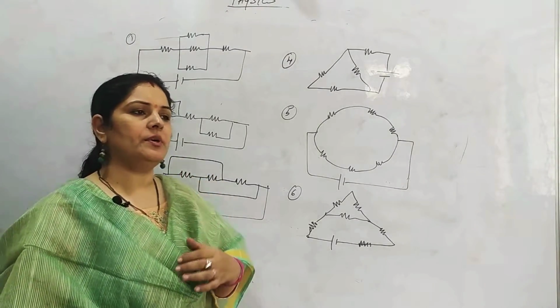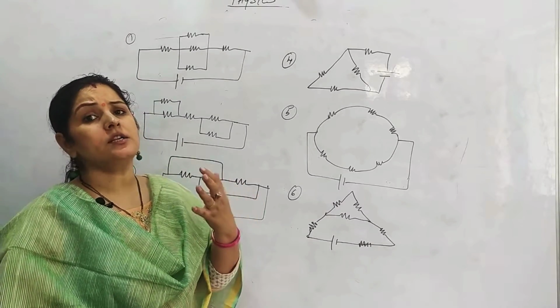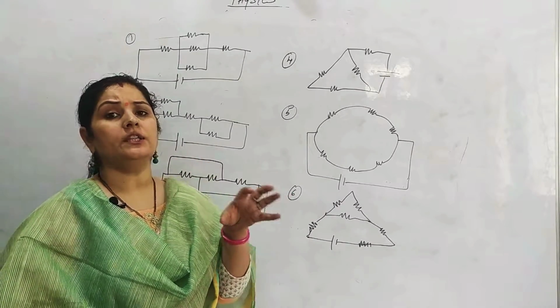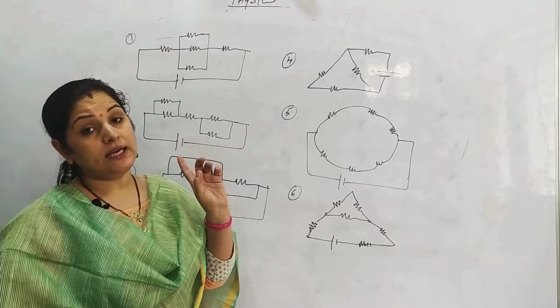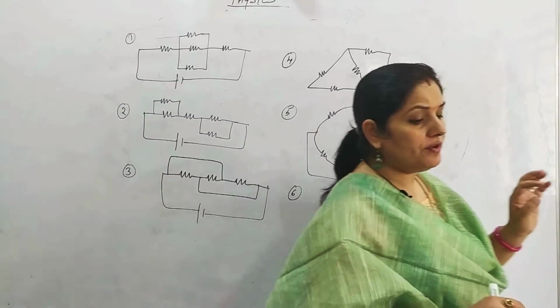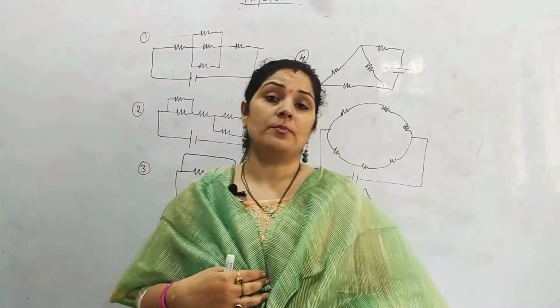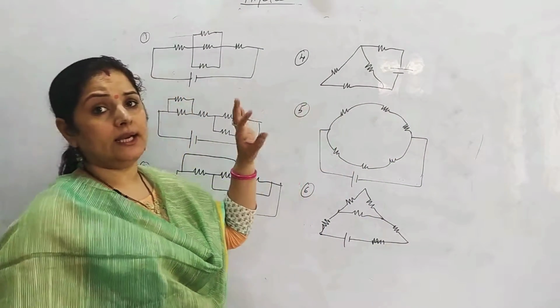First thing you have to remember, children, is that whenever we are solving a circuit, we do not start solving the circuit from the part where the battery is connected directly. That is a very, very important point. You need to understand that we will always start solving from the end which is far from the battery, right? You cannot take that end directly.